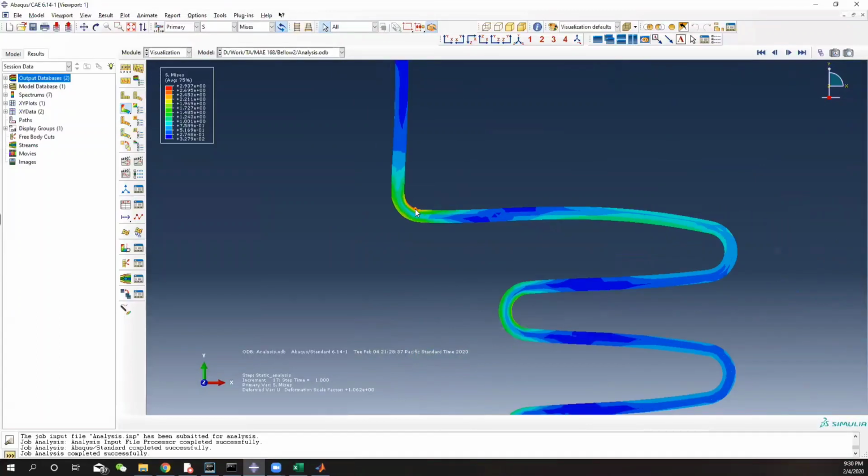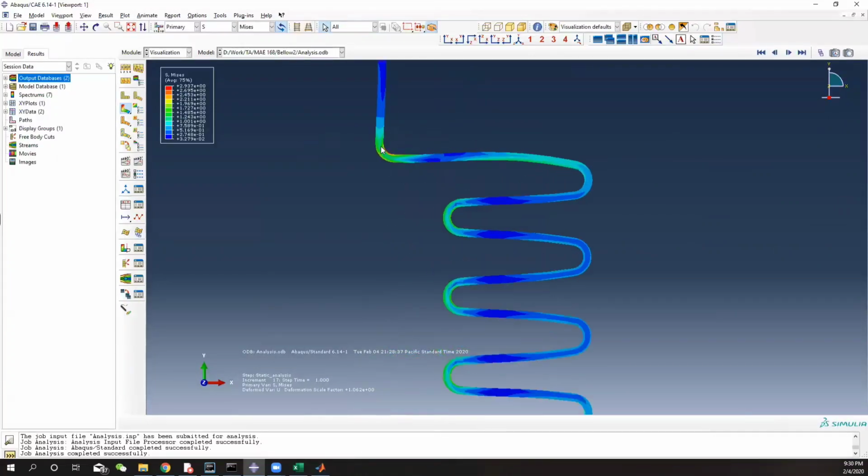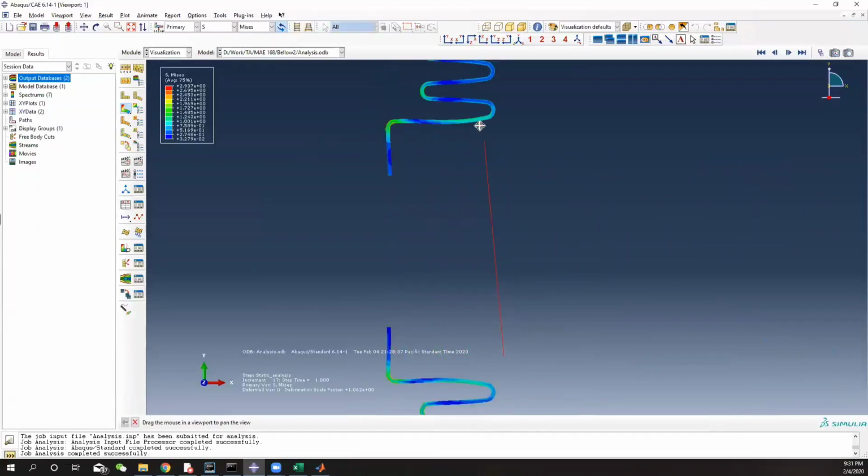That's the main difference between the shell element and the wire element. With a wire element, you don't actually have a difference between inner surface and outer surface, but with a shell element, you can have it. Well, for the 1 layer and 3 layer comparison,